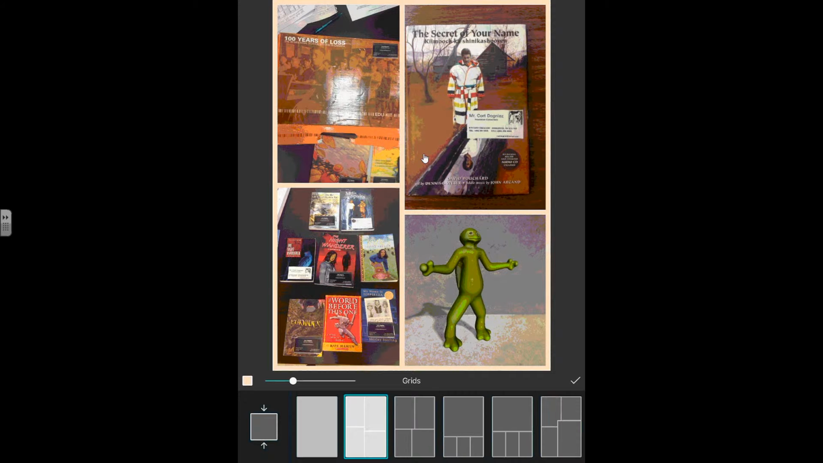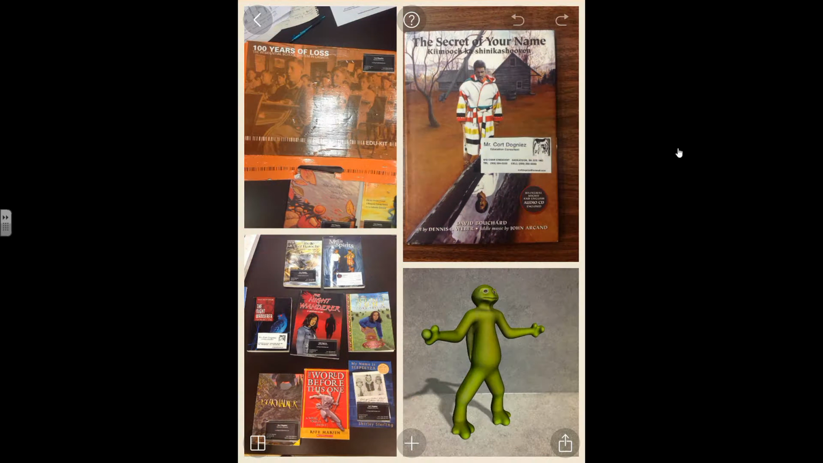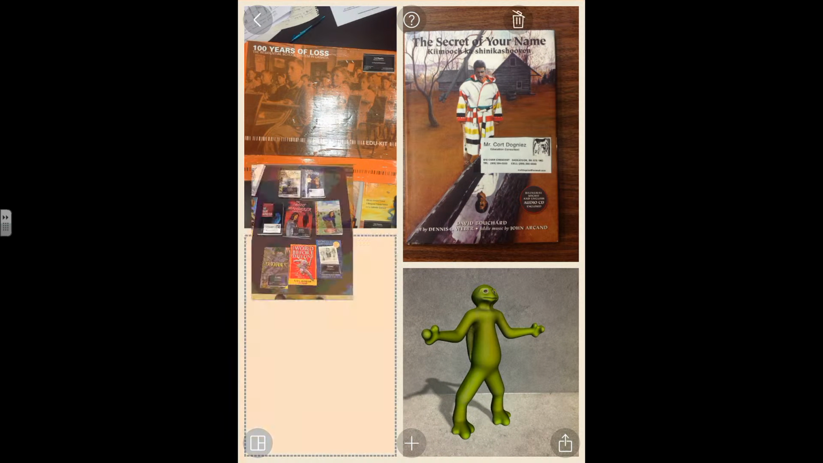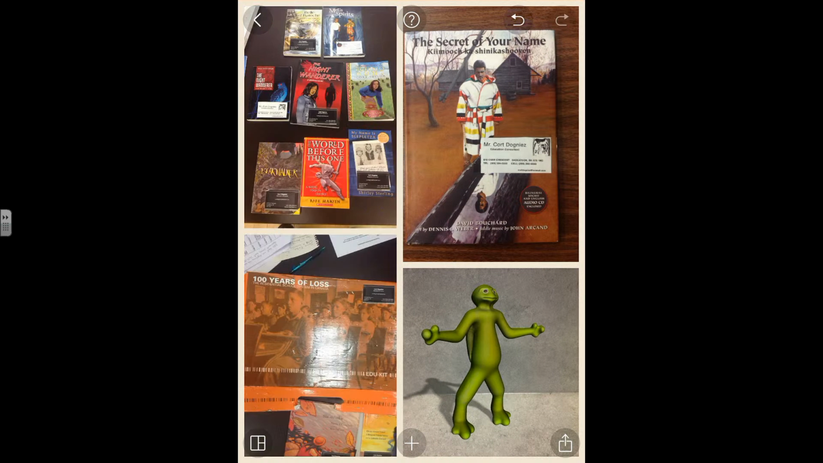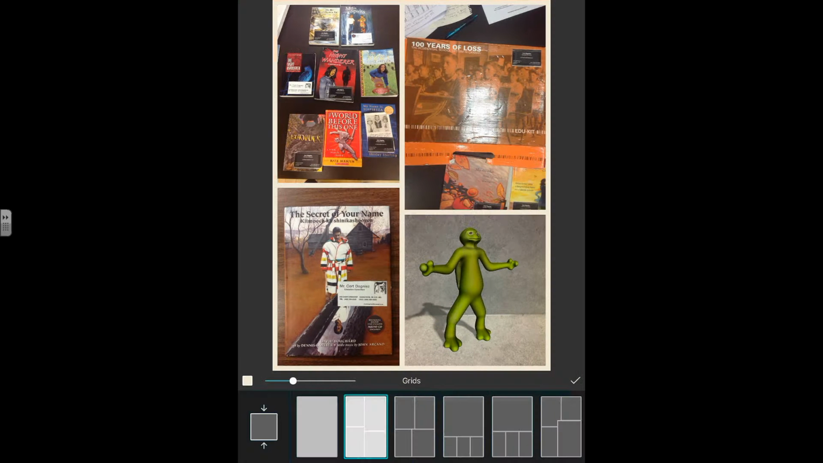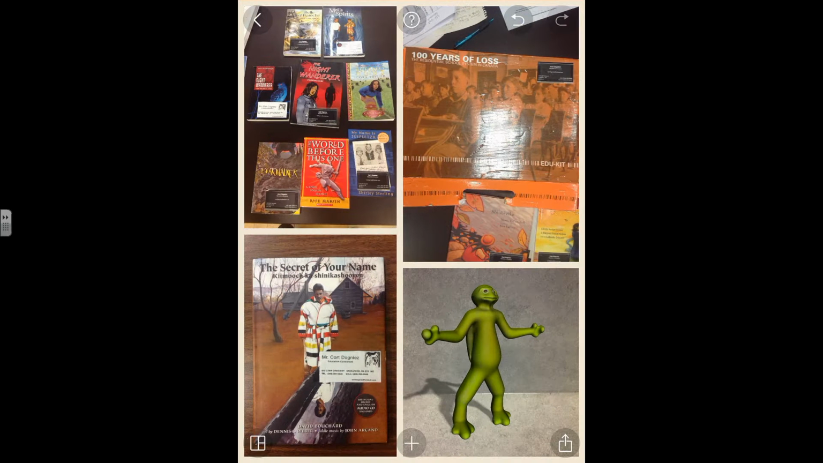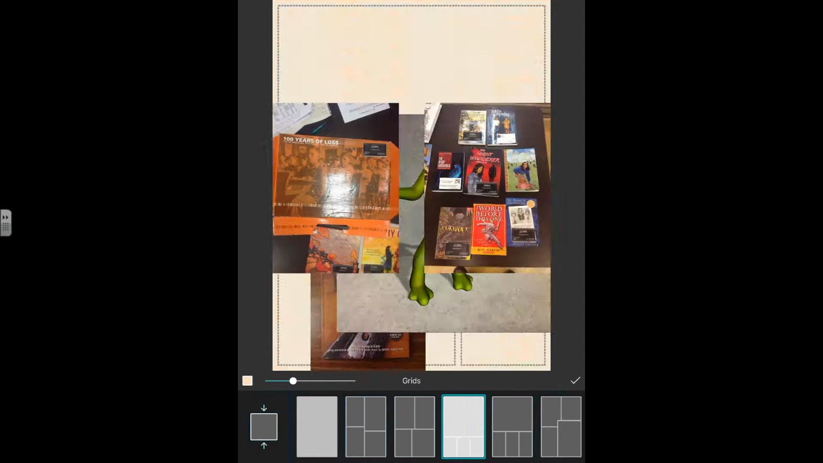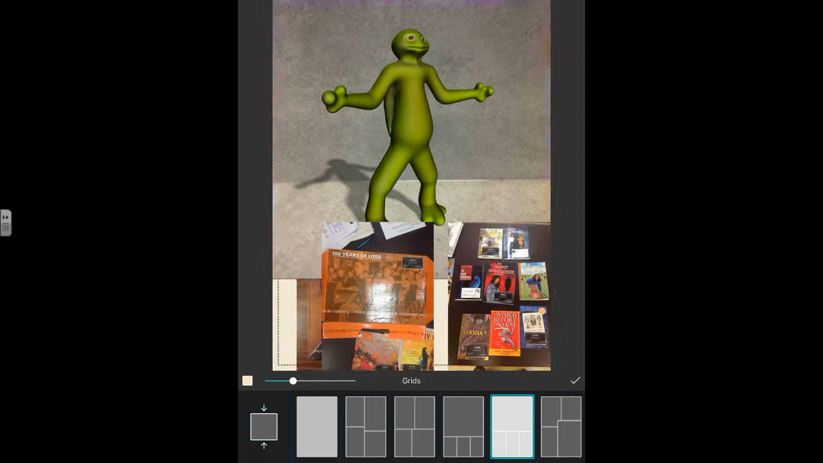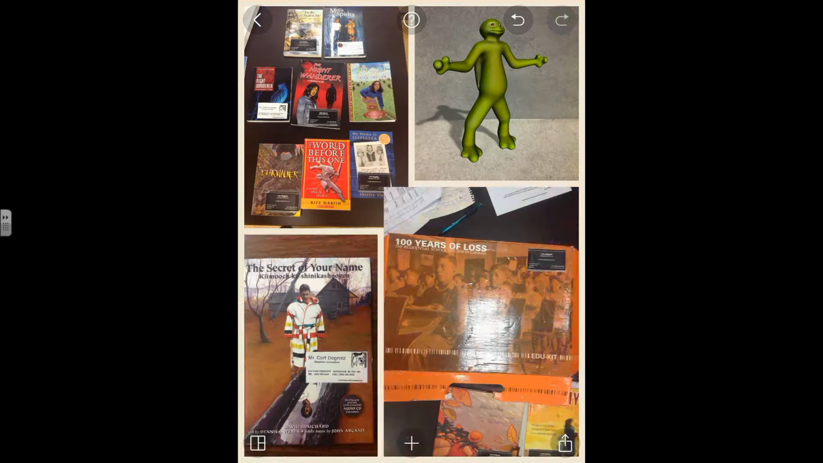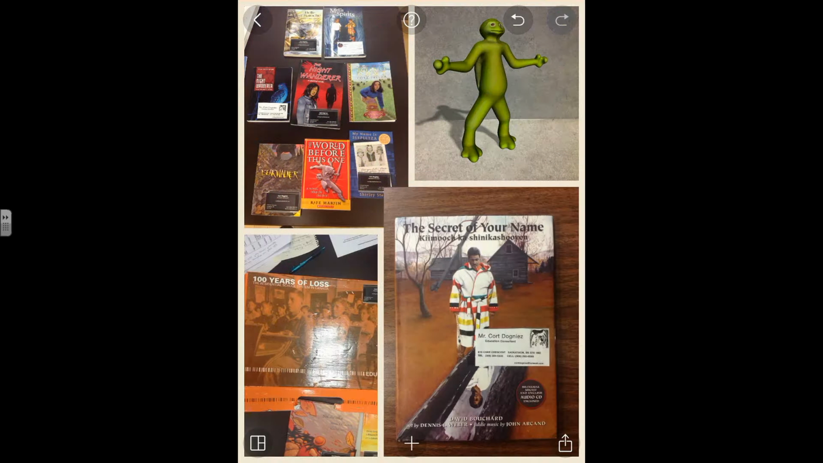Now I can rearrange these simply by grabbing and dragging and swapping them around. If I want a different grid pattern, I tap on that icon down here in the corner and choose a different grid pattern, however I want my layout to look. Once I'm done and I've got everything arranged the way I want it,